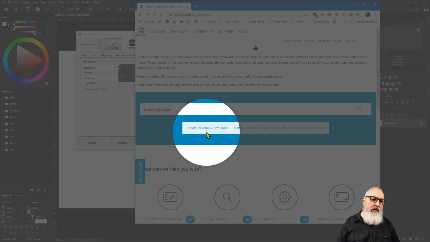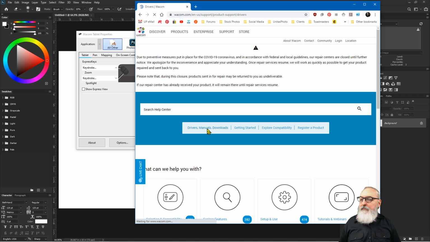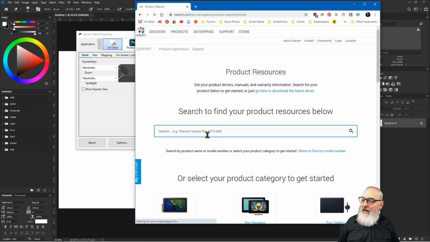Drivers. Okay, here we are. Drivers, manuals, downloads. Yes, here we go. You're going to click on that, and then you have to type in the model number of your tablet. And you can usually